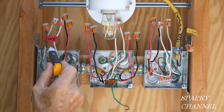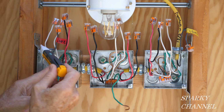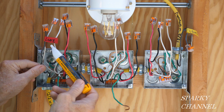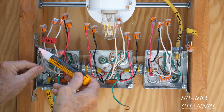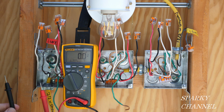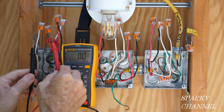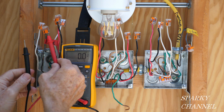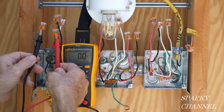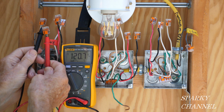So we're going to go, there it is. There's your line wire. Okay, so this was correct, and we verified it. It already said line, but we verified it. Before we turn the circuit breaker back off, I'm going to make one more test. This is my Fluke 117 multimeter, and I'm going to put a lead right in here. See, these Wago lever nuts give you a port for testing, and you don't have to take off. There it is right there,